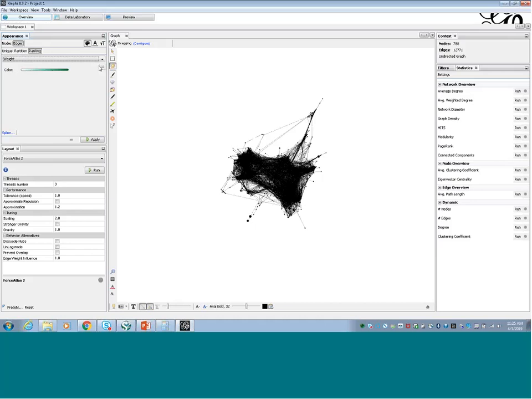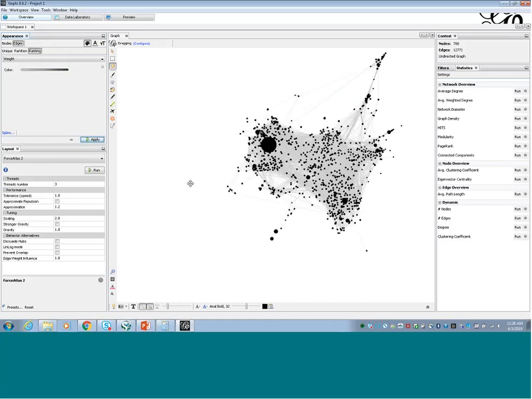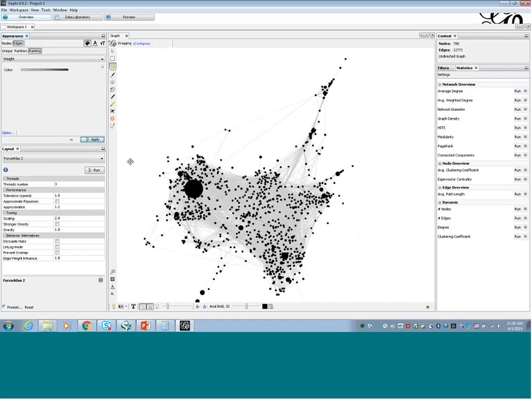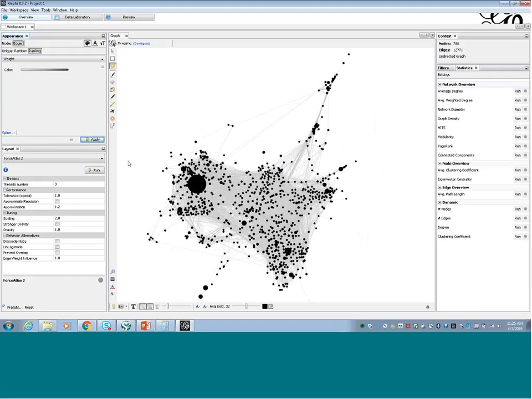Instead of the green, I'm going to click on the box next to the color scale, use this grayscale that I have previously created, then click on apply. Now I'll recenter my network a little bit so I can see it and